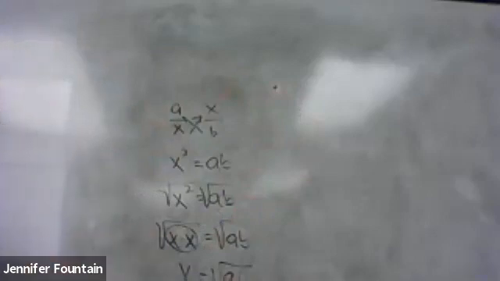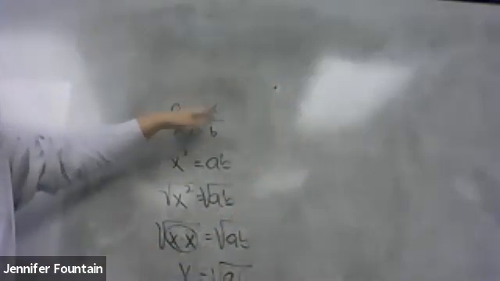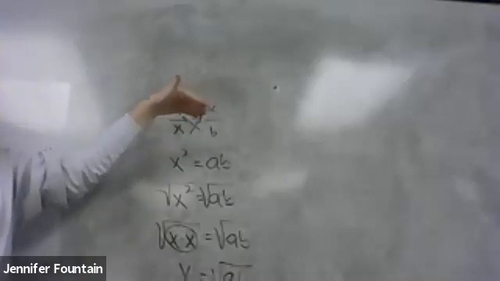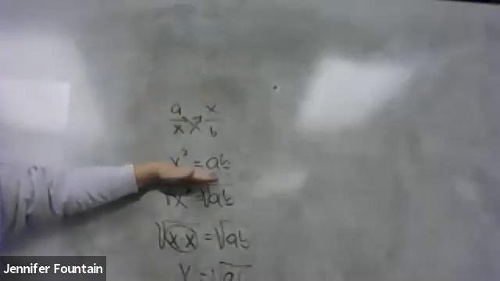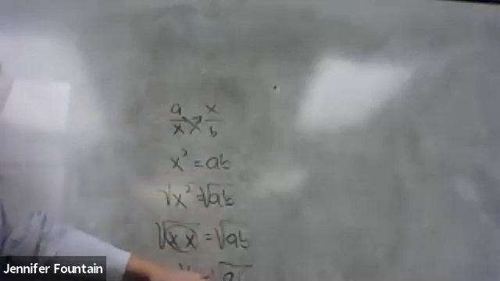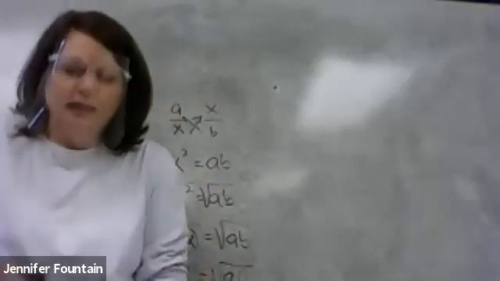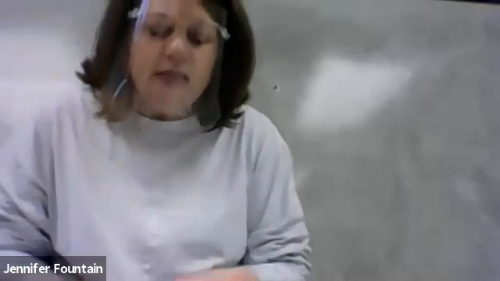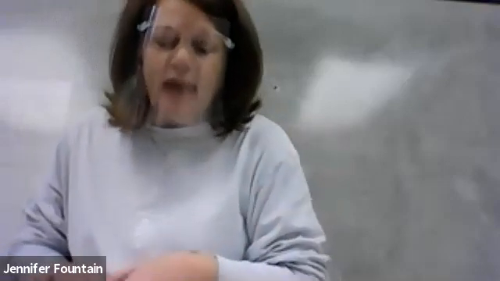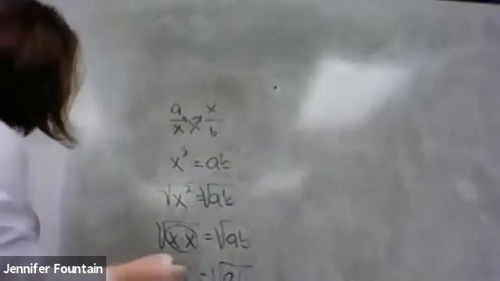Okay, so that's what this is saying, that if I have A over X is equal to X over B, when I use my cross multiplication property, I end up with X squared is equal to A times B. To be able to solve for X, I have to take the square root of both sides. I can take the square root of X squared, but I cannot take the square root of AB. It's just left there. So it says, for example, the geometric mean of 8 and 18 is 12 because